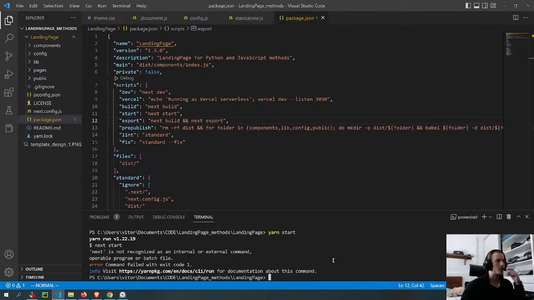Oh no, it didn't work. Oh, it's probably because it didn't. There's something that happens when you initialize the project with the Next.js command that allows it to run the next command. So now I have to figure out what that is.